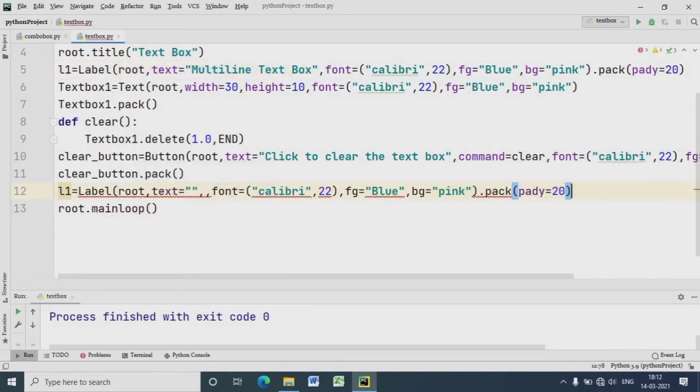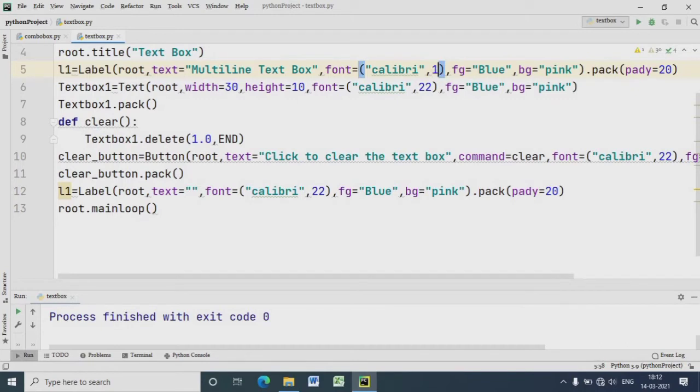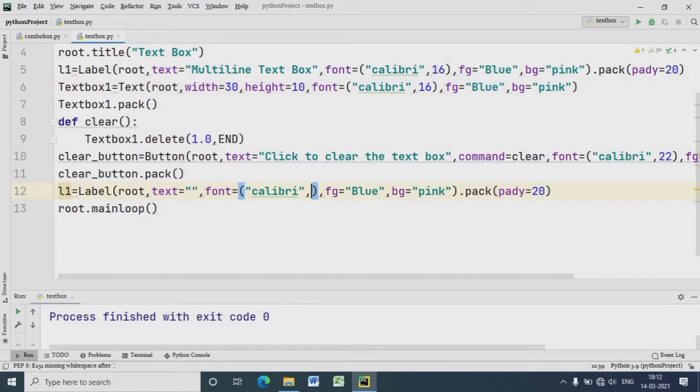Now we are defining the font and foreground and background color of the label. We will make the font size 16 so that it will fit in the window. We are defining pady also to give some vertical spacing.